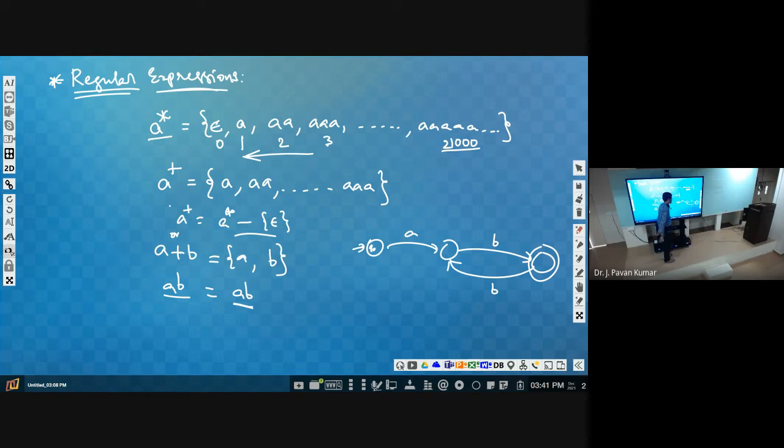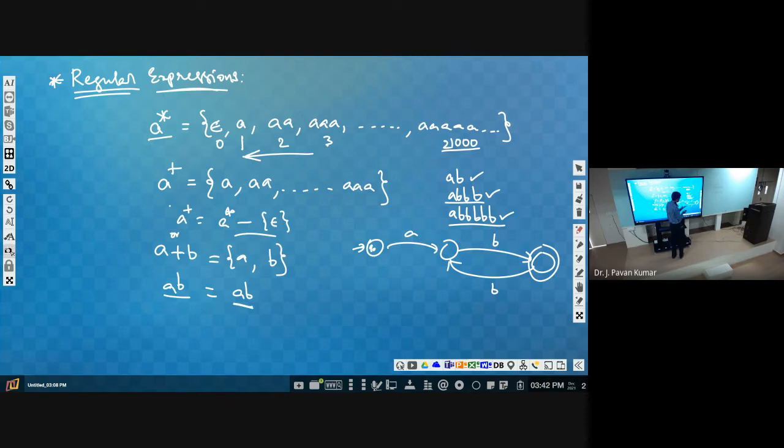How can we answer this? In general we will say AB will be accepted. Yes or no? Yes, sir. A double B? No, sir. No. A triple B? Yes, sir. Accepted. A 5 B's? Yes, accepted. So A triple B is accepted, AB accepted, A 5 B is accepted, A 7 B is accepted, A 9 B is accepted, like this. A followed by how many B's it is accepting, we could generalize it.